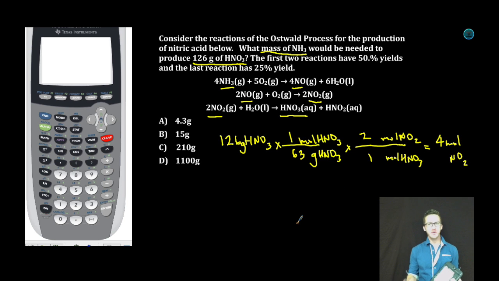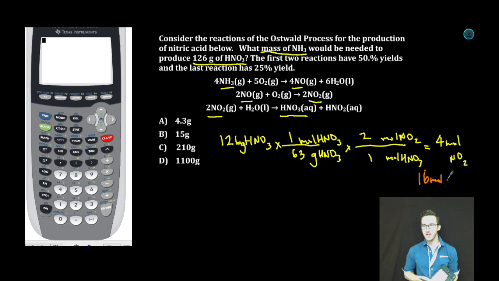Okay, so here's the tricky part though about this problem. 4 moles of NO2 will give me my 2 moles or 126 grams of HNO3, assuming that I had 100% yield. But this reaction is only going to give me 25% yield, or I'm only going to get a quarter of what I expect to get. In other words, I need to start with 4 times the amount of reactant so that I end up with the amount of product that I actually want. So 4 times 4, I actually need